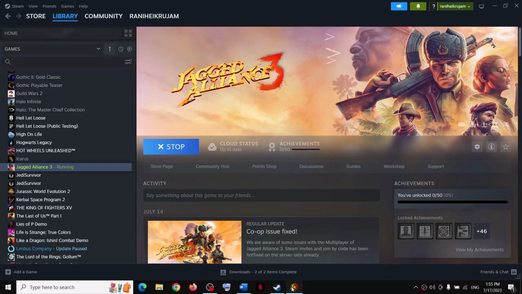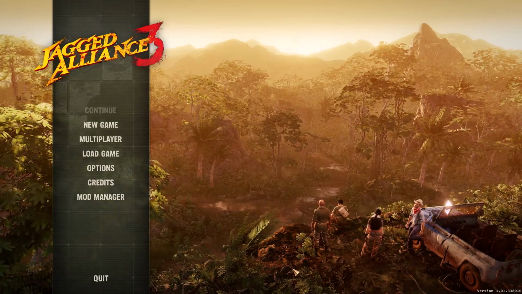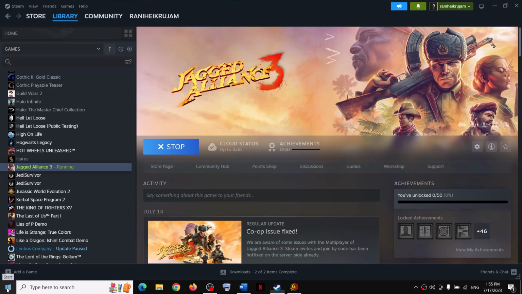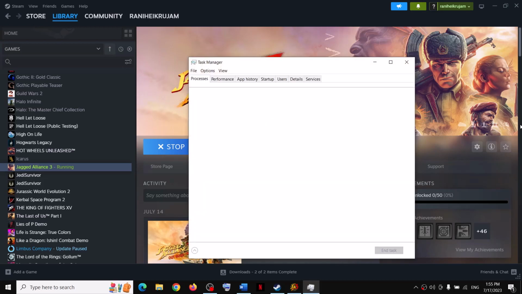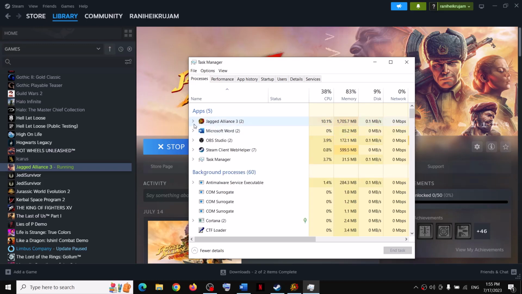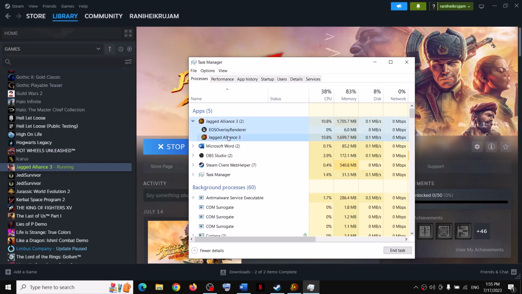Now once you launch the game, once you have the game up and running, now you can open Task Manager. So make a right click on the start menu and then click on Task Manager to open Task Manager. Now under the process tab you will find the game.exe file over here. Now click on this arrow sign over here and then select the game.exe and make a right click and then click on go to details,